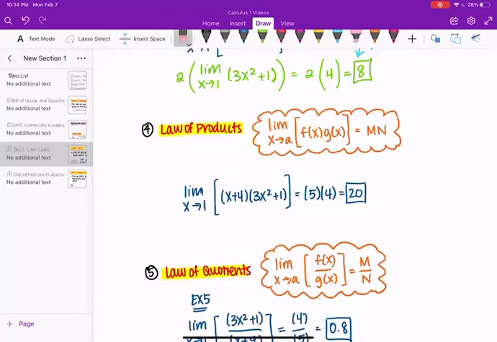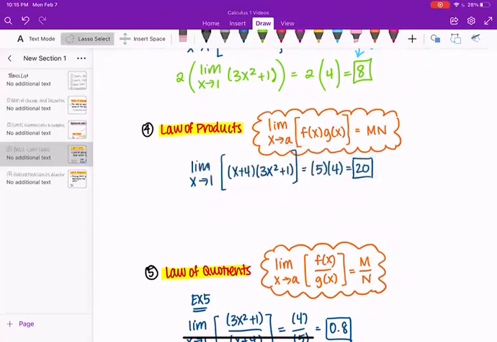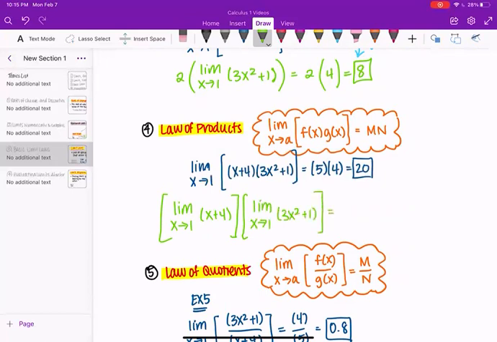So what that basically says is if I multiply 2 functions together, I should be able to multiply the limits of the individual functions together and get the same value. So the limit as x approaches 1 of x plus 4 multiplied into the limit as x approaches 1 of 3x squared plus 1, we get,